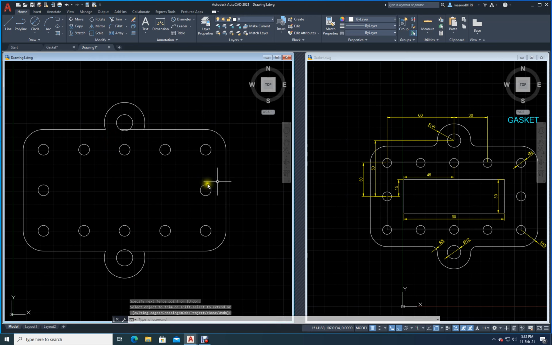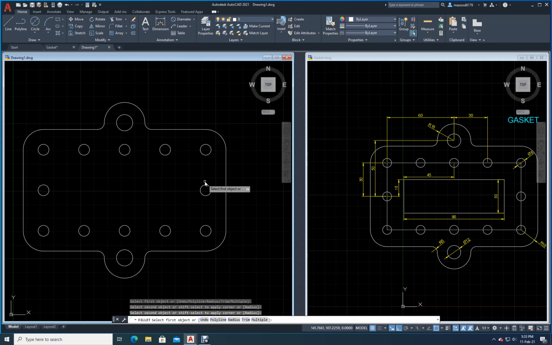Enter. Now here you see what is the radius for the fillet, R5. I will just go to the fillet command. I will click on radius, type 5, enter. I want to make multiple fillets. Just click on multiple here at the bottom. Now select this one and this one, it will automatically do. Select this one and this one, it will automatically do. See here, this one and this one. Okay, now you have finished everything.